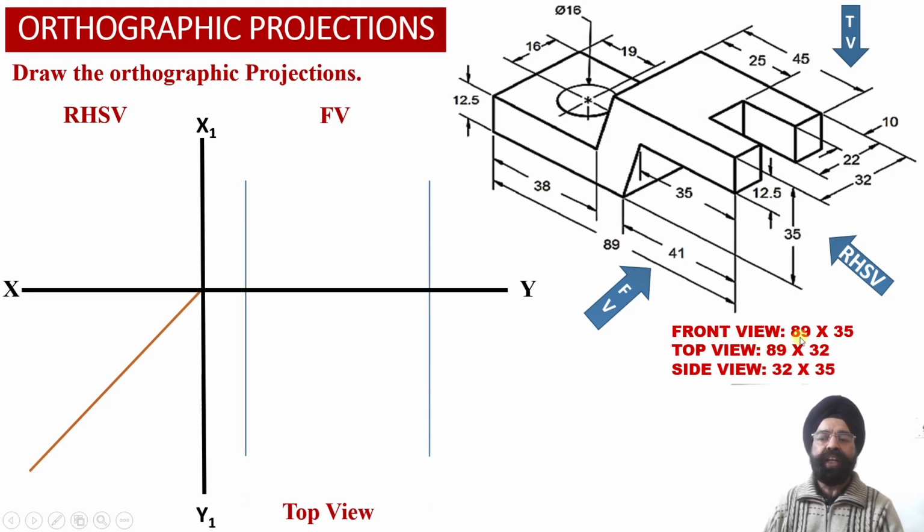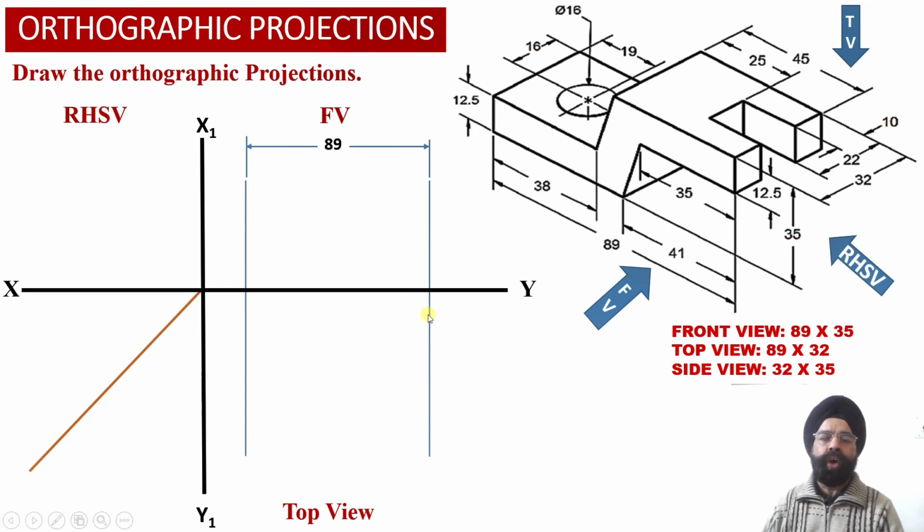Now we know that the front view face of the solid will have dimensions of 89 millimeter width and 35 millimeter height. So we have marked this width in the front view projections by drawing two vertical projector lines such that the distance between these two vertical projectors is equal to 89 millimeter. And we have extended these two vertical projector lines from the front view projections into the top view projections,